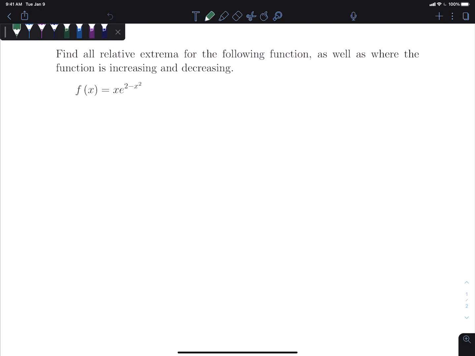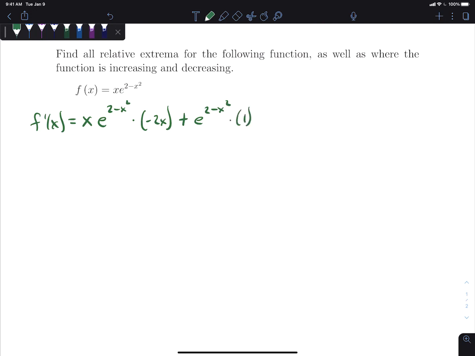Again, we want to find critical points, which means we want to find the derivative. We're going to have to use the product rule here, which is the first times the derivative of the second. So just rewrite that, and then multiply by the derivative of the exponent, which is negative 2x. And then plus the second, e to the 2 minus x squared, times the derivative of the first, which is